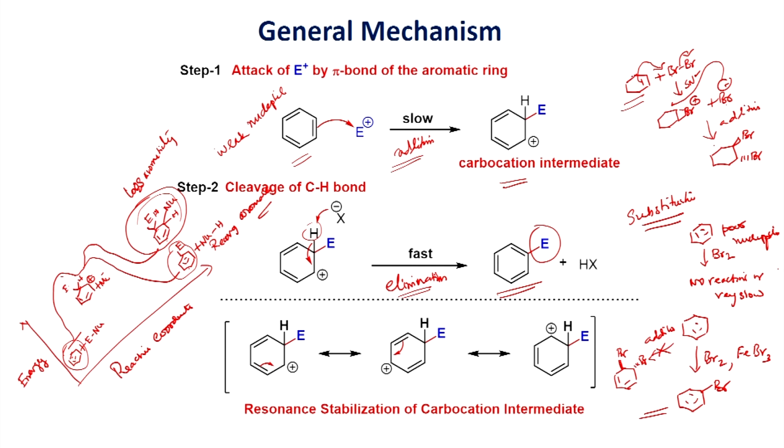Therefore, when you have an aromatic system, it is prone to undergo substitution rather than addition. Also, as I mentioned, if you compare the alkene and the benzene ring, the alkene is a good nucleophile and can readily undergo addition with the electrophile. On the other hand, benzene is a poor nucleophile because of aromaticity, so you have to use an acid catalyst to activate the electrophile. Then it can undergo addition followed by cleavage of the CH bond, and overall you end up with a substituted compound.